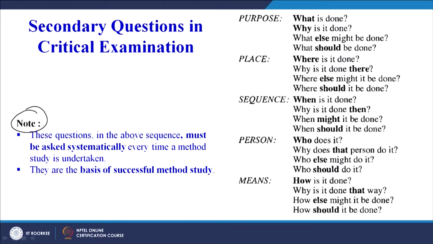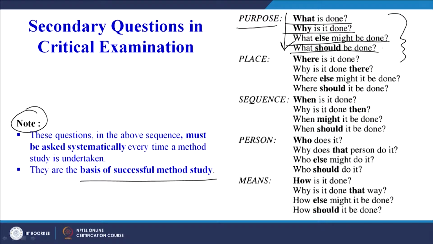Now note, let us first see the note here. These questions in the above sequence must be asked systematically every time a method study is undertaken. They are the basis of a successful method study. Now from the purpose point of view, we are having a combination of questions here. What is being done, why it is being done, what else might be done, what should be done. So this in sequence we order